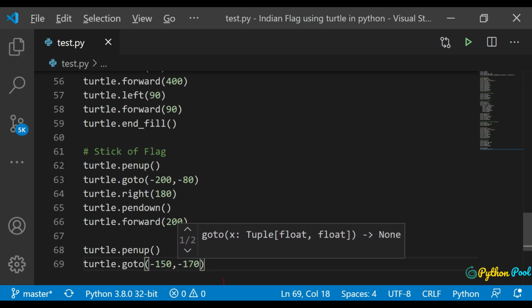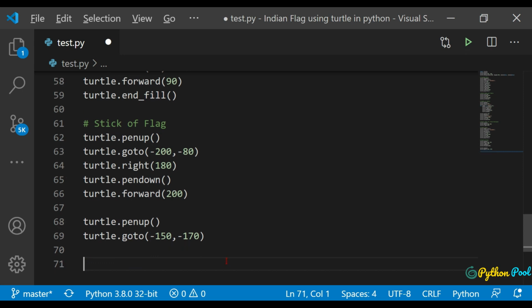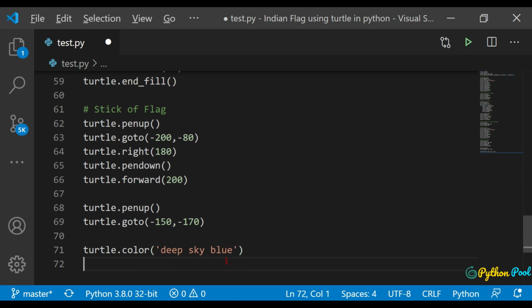Okay, and after that we need to decide, first of all, the color of the text. I'll give the color, it's deep sky blue. That's one of my favorites. Okay, and after that, first of all, we need to define the style, how our text would be.